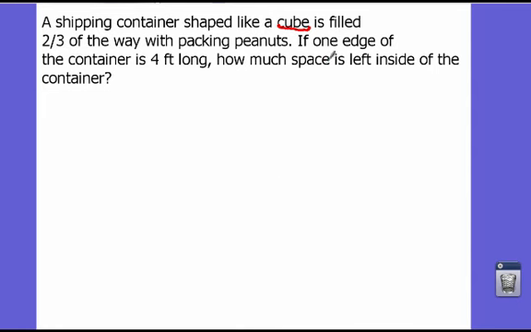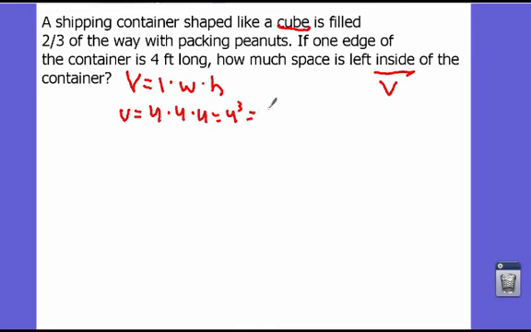Well, a good way to figure that out, if we read the question, if one edge of the container is 4 feet long, how much space is left inside of the container? That key word right there, inside, tells us everything we need to know. Inside always implies volume. So we think, what's our formula for volume? Well, volume of a rectangular prism is length times width times height. A cube simply being a rectangular prism where all the edges are the same length, we say, well, volume equals 4 times 4 times 4, or 4 cubed, which ends up being 64